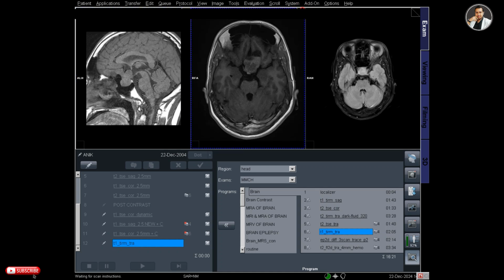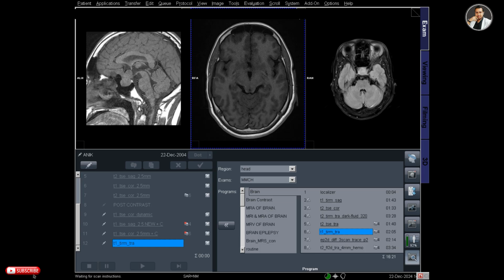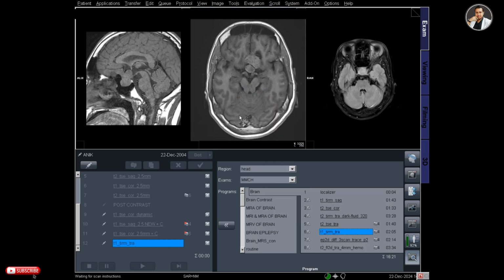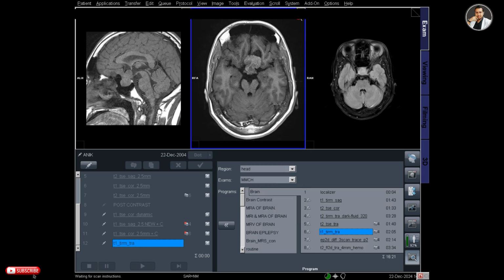This is the last sequence, and it's a T1 transverse post contrast sequence.